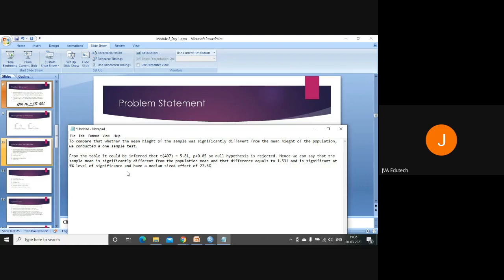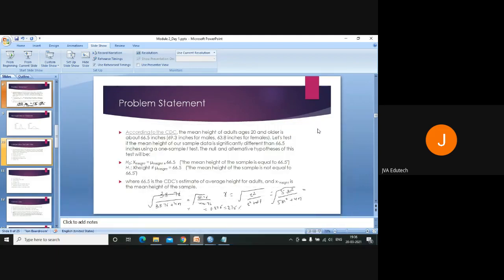So here we can see that if we generalize our result, our mean age was 68 point something. And if I say from my sample that in the population that I have taken, everybody is of a mean height of 68 point something, which in our result came, and that effect due to the size of our sample comes out to be 27.6%, which is somewhat a medium effect, right? So effect size should also be reported.